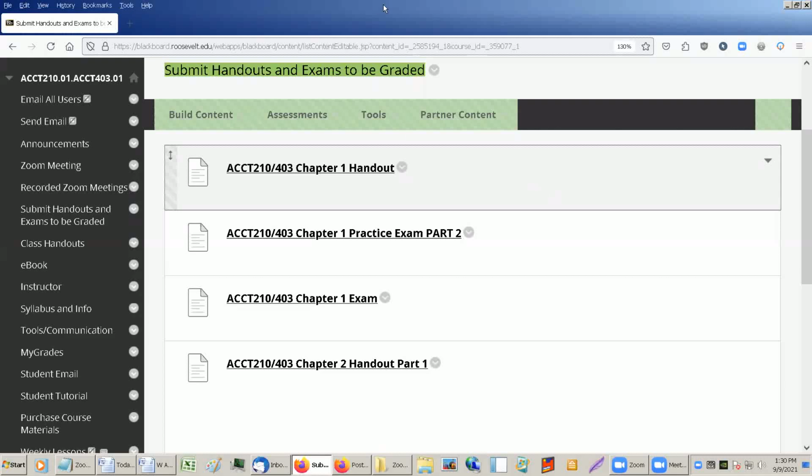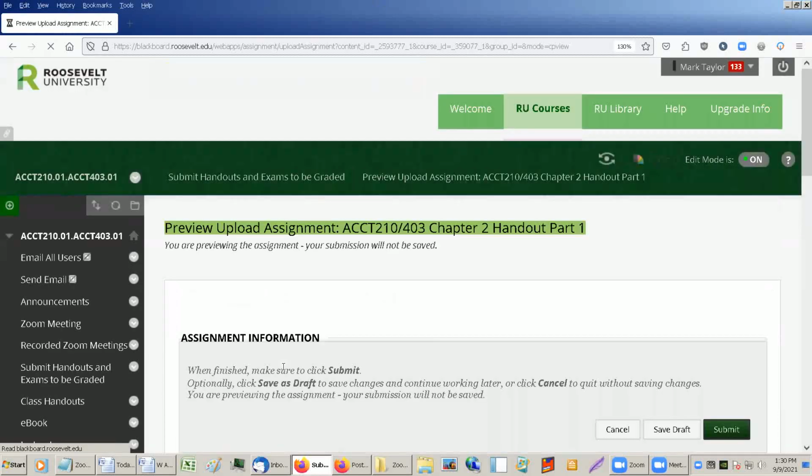And now these due dates, when you click on these, it'll tell you the due date. So this one, the due date is